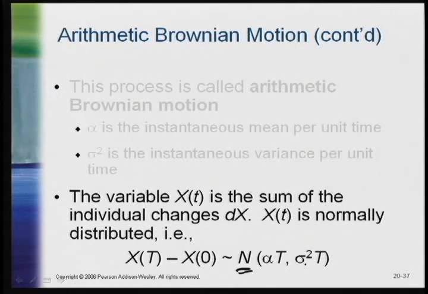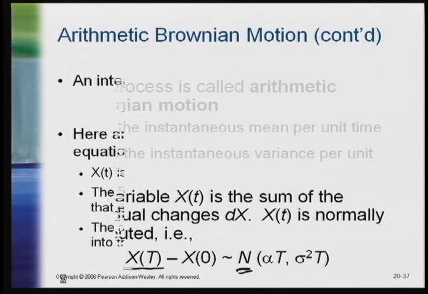So arithmetic Brownian motion provides you with a process where the value of x at time t is going to be equal to its initial value plus a normally distributed random variable whose mean and variance grow linearly in time. Not a very appropriate stock price process,